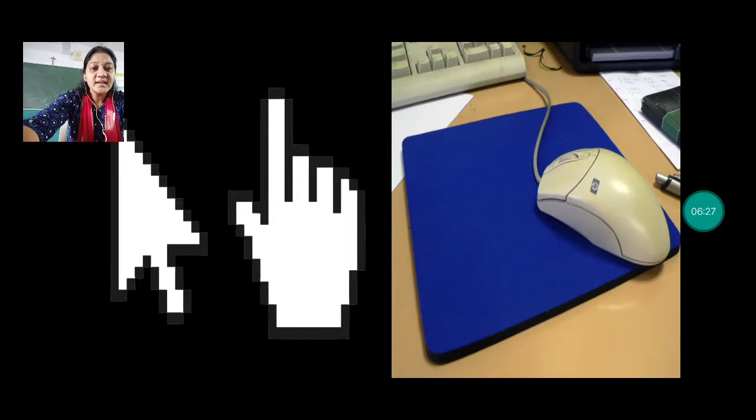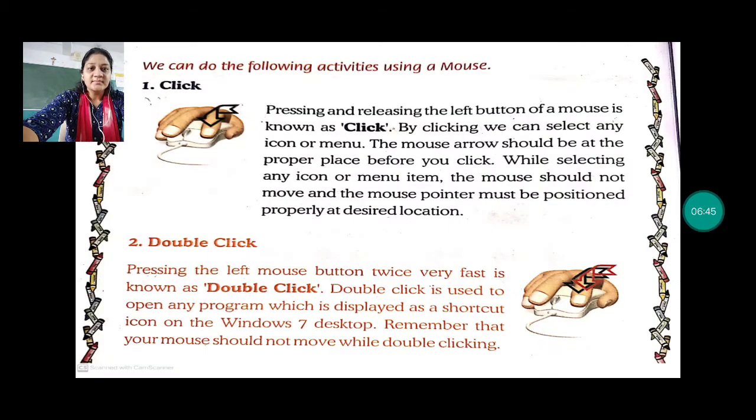image you can see there is this cursor and you are using your finger, okay? So that is why you are using your index finger, the index finger, and you are pointing out on the computer screen. That is why it's also known as pointing device. Now what all activities or what all functions